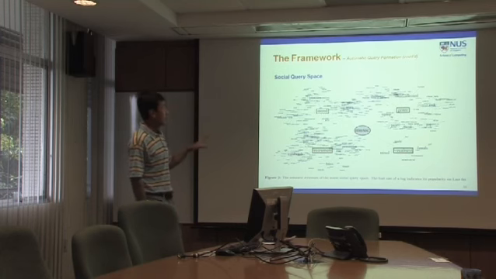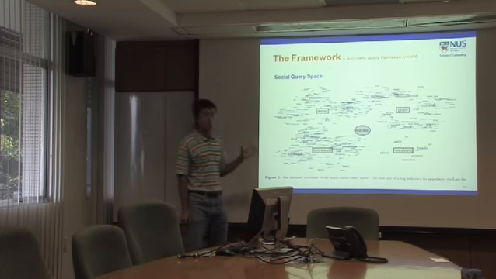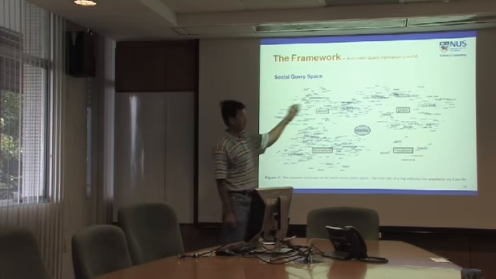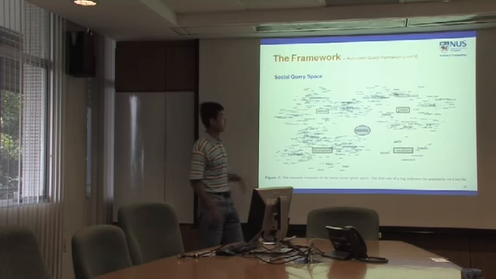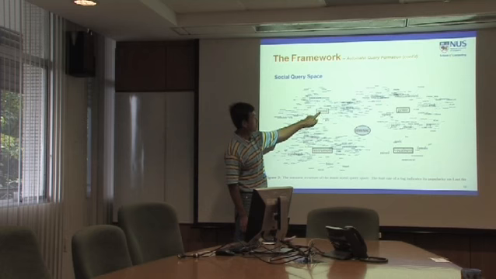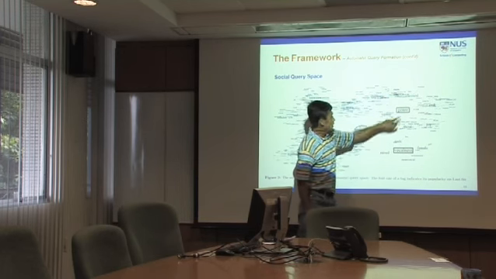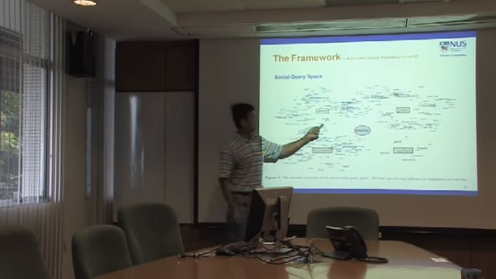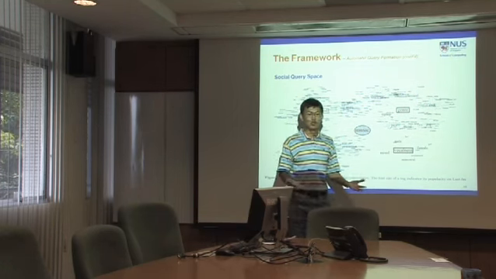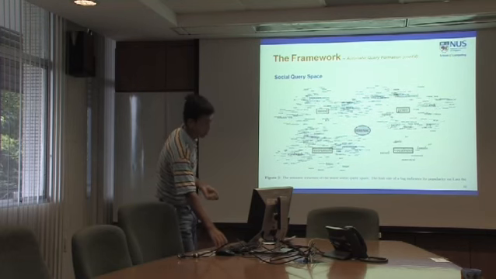So once we have this social query space, we can easily form a meaningful user query by selecting or sampling those concepts and putting them together. For example, I can select joy from the mood dimension and select classical from the genre dimension and form a user query, which is music with joy and classical style. Right? That's good. That's how we form user queries.